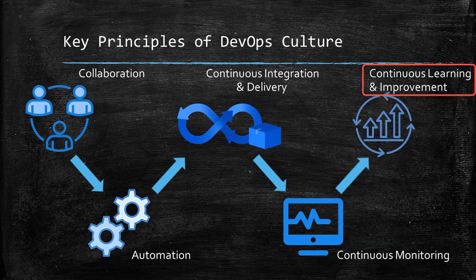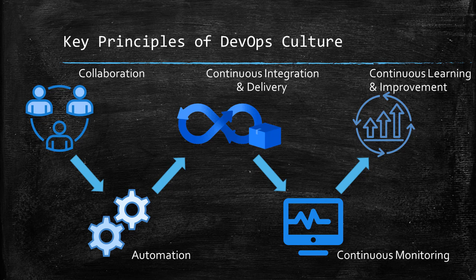Continuous learning and improvement. Finally, the most essential part of the DevOps culture is to induce the ability in teams to fail fast and learn faster. This can only be achieved through continuous learning and improvement. Thus, this is key to DevOps culture. Teams continuously review and evaluate their processes and make adjustments to improve their efficiency and effectiveness. DevOps culture emphasizes the need for collaboration, communication, automation, and continuous improvement, with the ultimate goal of delivering high-quality software faster and more reliably.